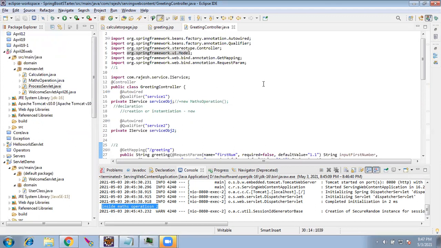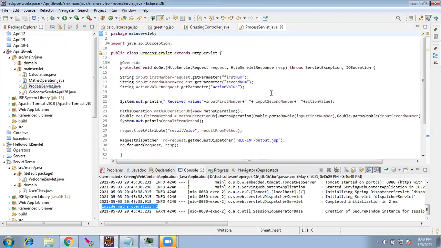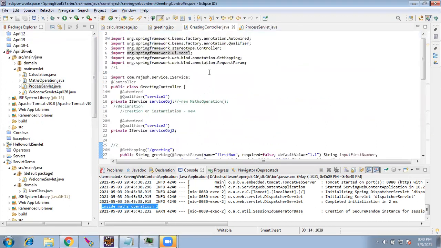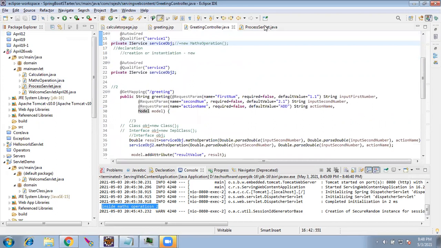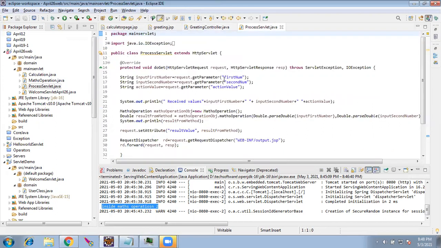It's like the same car, just the body and look and feel they have altered and they have bought a Spring. Of course, it has lots of additional features, but the core concept is same. This is the latest, in 2021 now, and whatever servlet I opened is from 2004-5. So we have traveled 15 years back, and still we are able to map whatever is there in the controller to whatever is there in the servlet 15 years back. Correct?